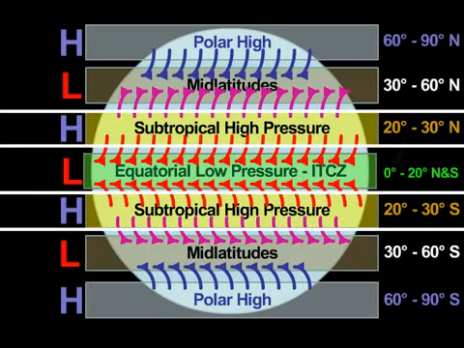Video lecture 3.5 is subtropical high pressure. So coming out of the subtropical high pressure in both the northern and southern hemisphere, we have these arrows. And if you look at the one in the northern hemisphere, they're around roughly 20 to 30 degrees north. We can see that the winds come out of the subtropical high pressure, but then those winds go into